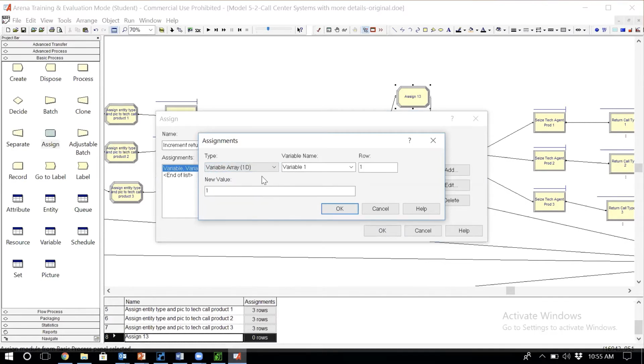A one-dimensional variable is like a vector. So if you have 3 variables in this vector, it goes index 1, 2, 3. With this one-dimensional variable, all of them have the same name, whatever name you assign here. So here I'm going to give them a name, and I'm going to call them returned take calls, work in process. Okay,